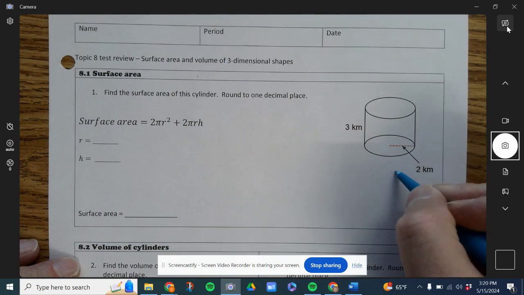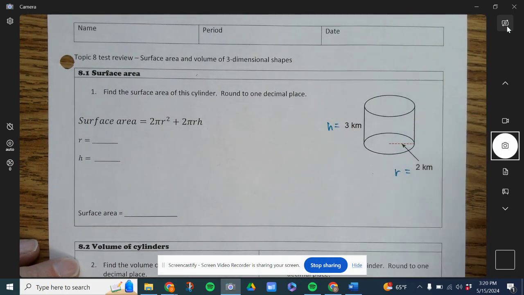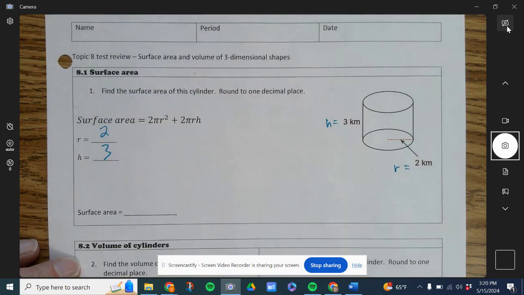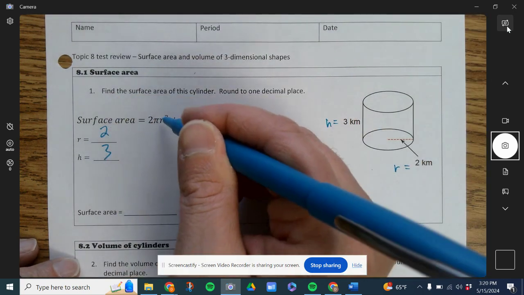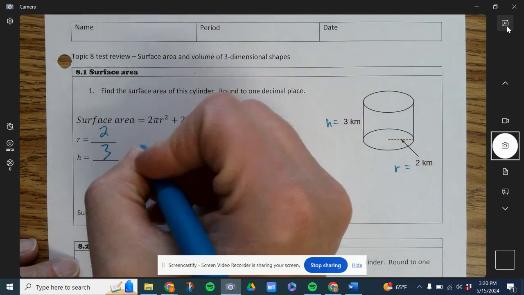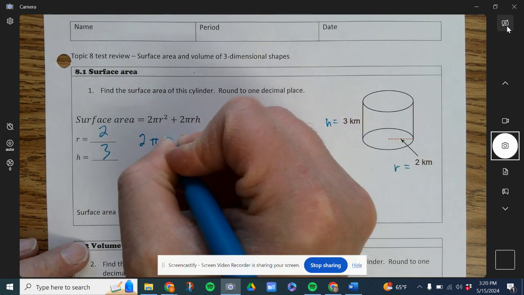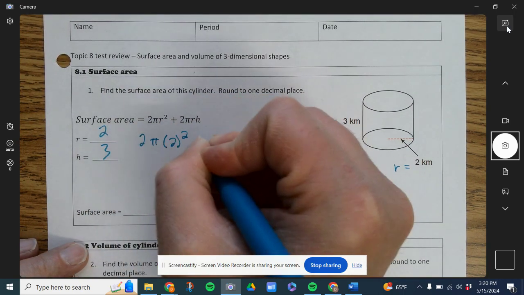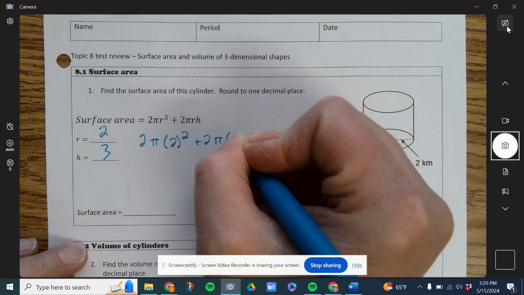It's going to give us the radius as 2. The height of it is 3. I'm just going to plug those in here so we kind of have an idea. I take that 2 and I plug it into this R and that R, and I take this 3 and I plug it in for that H. So when I do that, it becomes 2 pi times 2 squared plus 2 pi times the radius times the